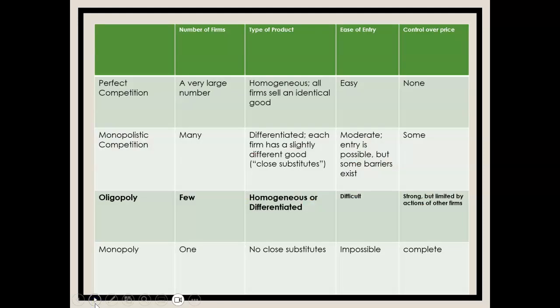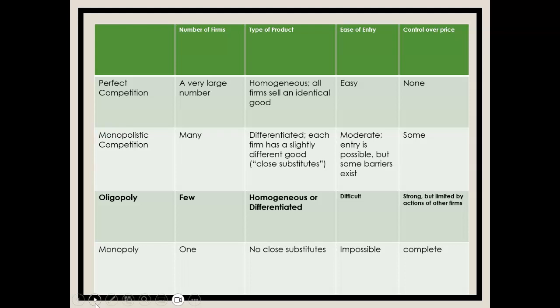Okay, we're going to go back to some of the material from last week, from our previous section on various models of profit maximization. You remember we had these four different market structures: perfect competition, monopolistic competition, oligopoly, and monopoly. And we went over perfect competition and monopoly as the extreme cases and said that monopolistic competition was probably much more realistic. Well, now we're going to talk about another one of those intermediate cases, oligopoly, which differs